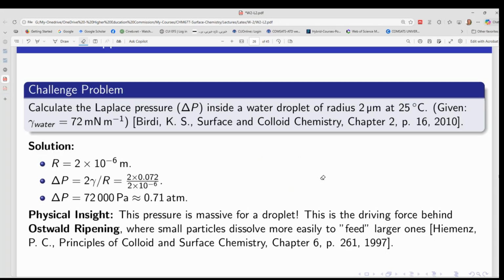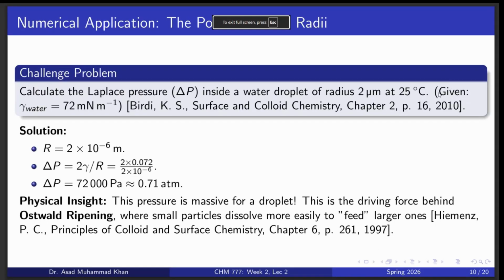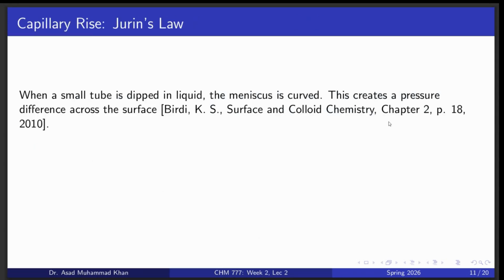ठीक है, उसके बाद जब वो हो गया and they are small, then the small ones have very high internal pressure and they are again not stable. So they are dissolving to feed the larger ones and they are still unstable. ठीक है, इनिशियली हमने क्या देखा कि आपके पास अगर कोई आपके पास लिक्विड है, तो it has to go into a spherical shape. But those spheres which are formed, if they are small in size, they are highly energetic and they feed the larger ones. ठीक है, you understand that? So जी सर।